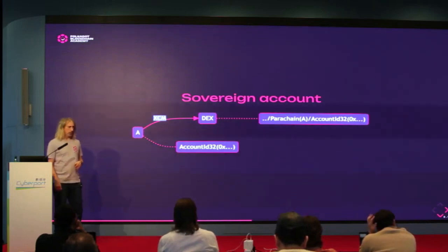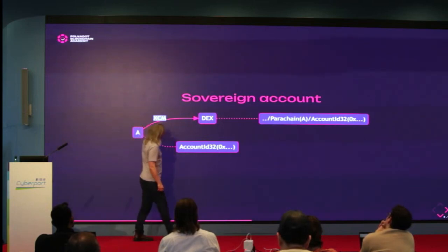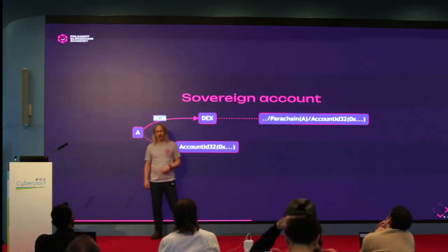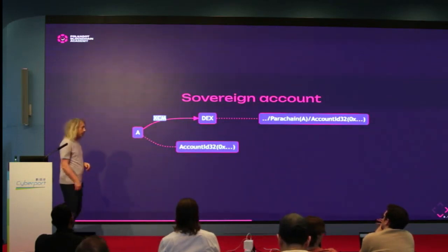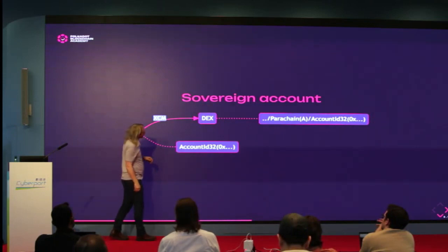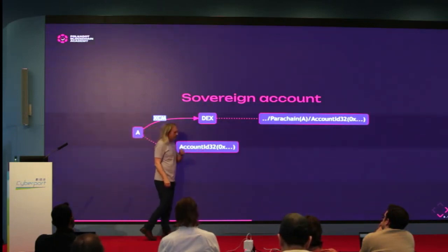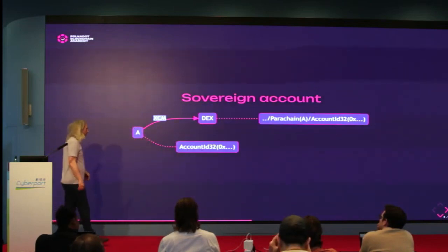Now you might wonder, well, hold on. It's only parachains that send XCMs. Account IDs can't send XCMs, can they? They don't have their own message queue. Now, you'd be right, they don't. In fact, what happens is, when you send from an account ID 32, you use the XCM pallet to do this, which you can,